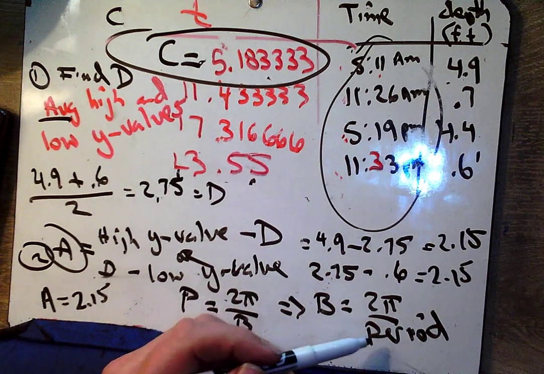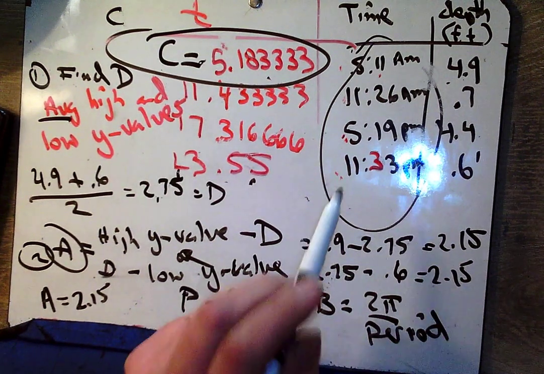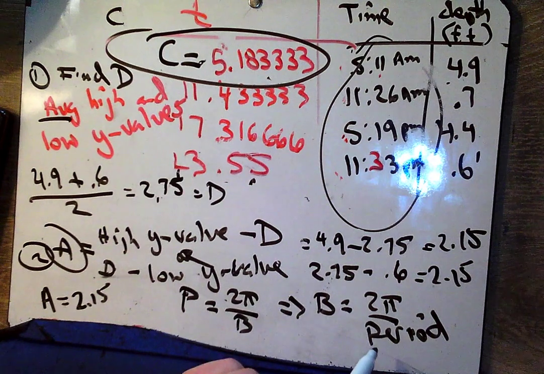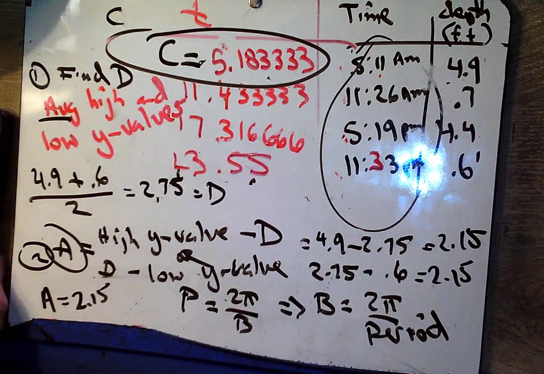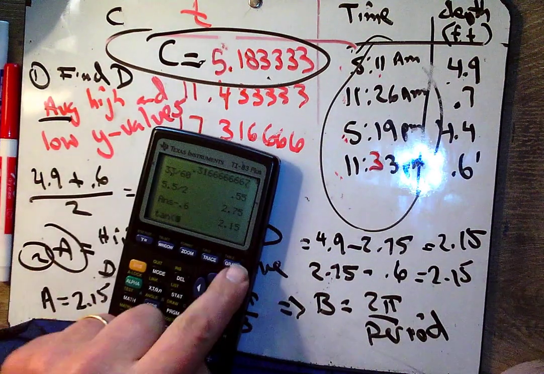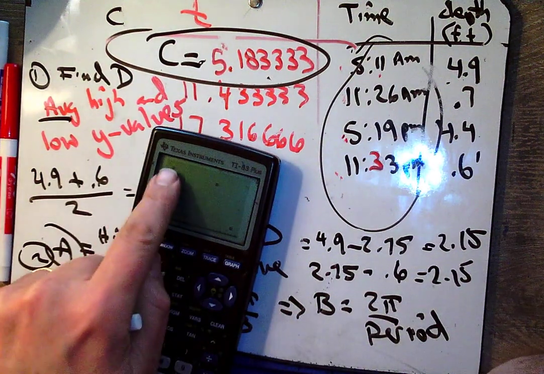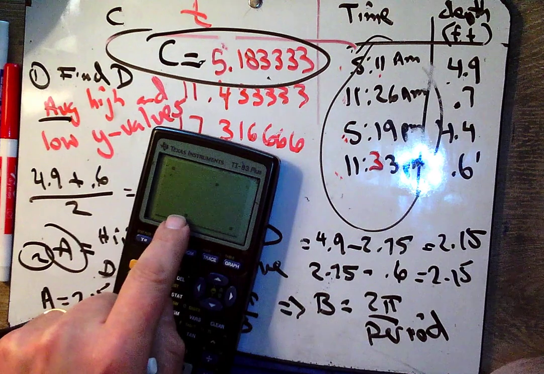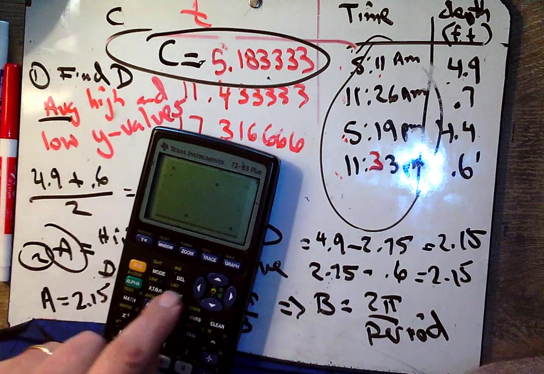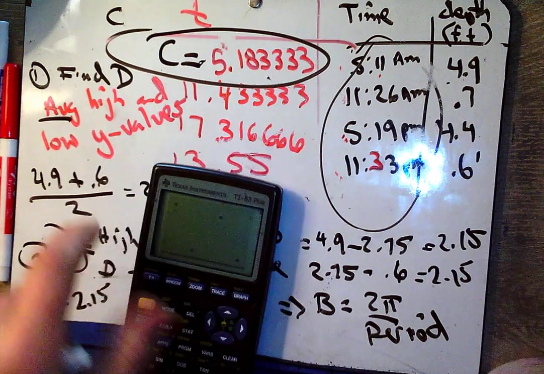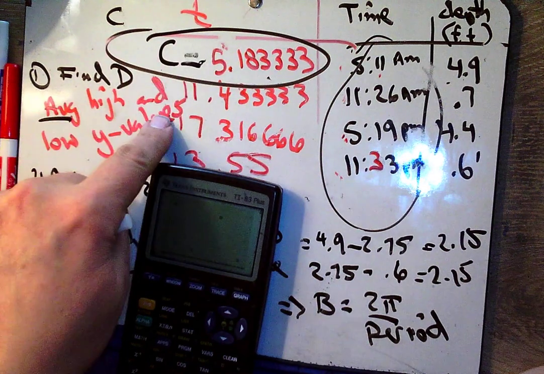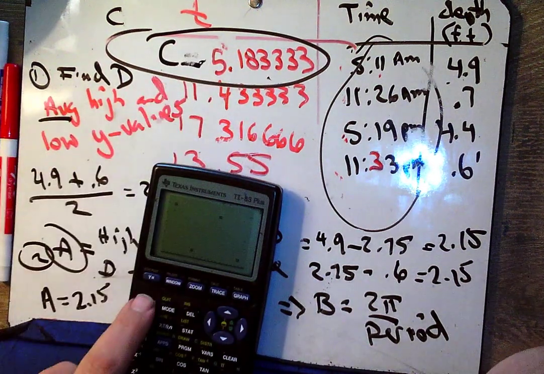So if I could figure out the period for this function, then I could put it here and see 2 pi divided by that number to find my B value. So let's think about this. Period is the distance from high point to high point, or low point to low point. So I know that if I'm going high point to high point, I could look at